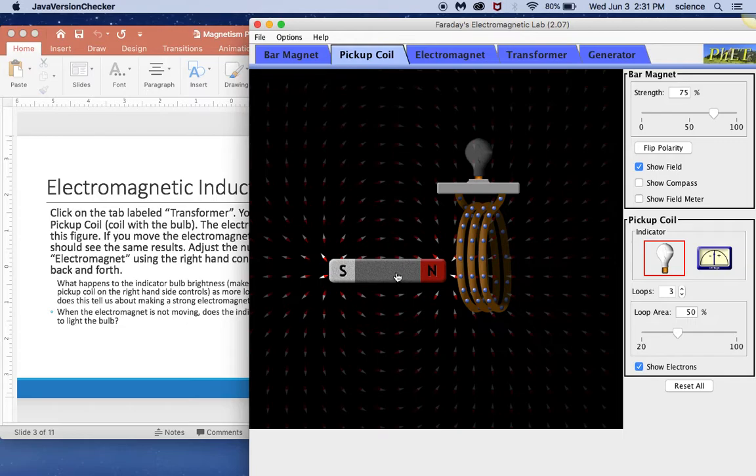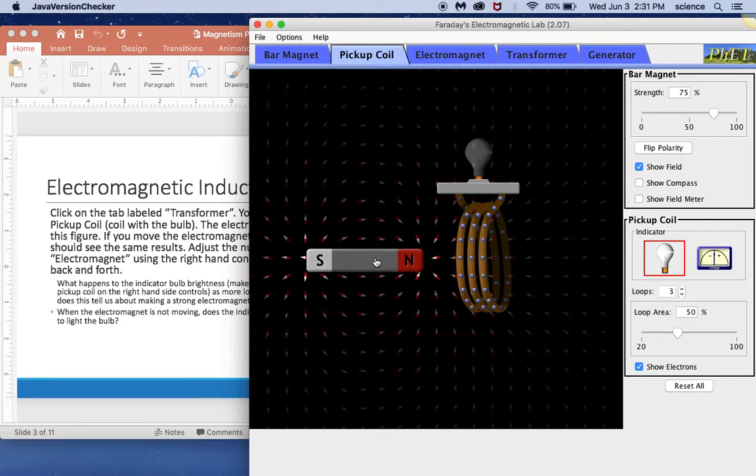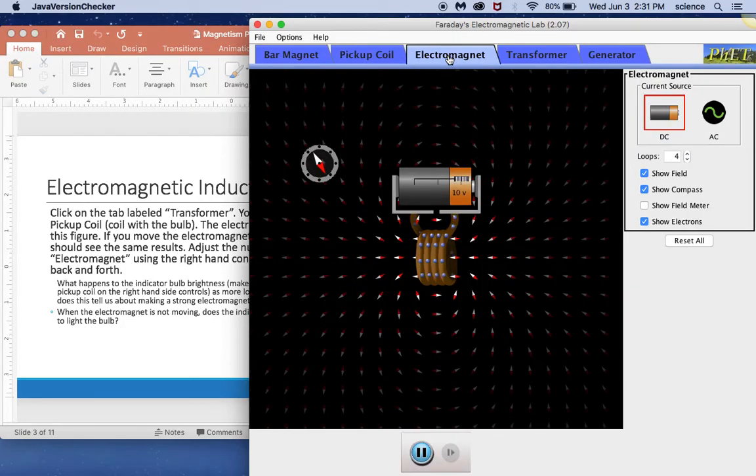All right, so I'm going to reiterate those questions, but if the magnet is not moving, the light bulb doesn't light up, right? Because you have to have a change in the magnetic field that passes through the coil. All right, so I'm going to click on electromagnet,